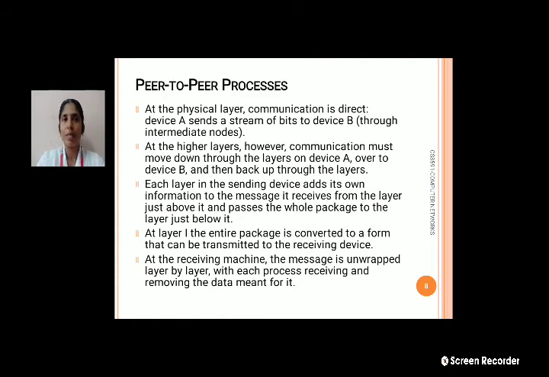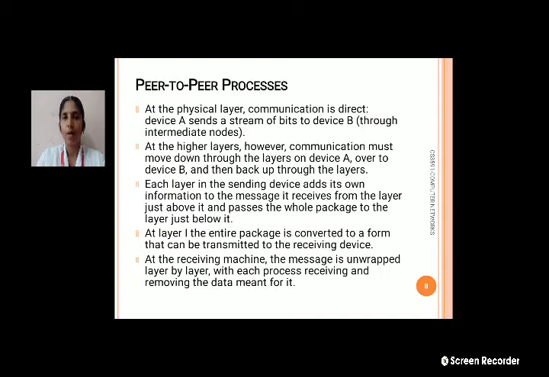Next, what is meant by the peer-to-peer process? Other than the first three layers, the other layers communicate in a direct manner. All the other layers have the peer-to-peer process because there are no intermediate nodes. At the highest layers, however, communication has to go from device A to device B and back through the other layers.